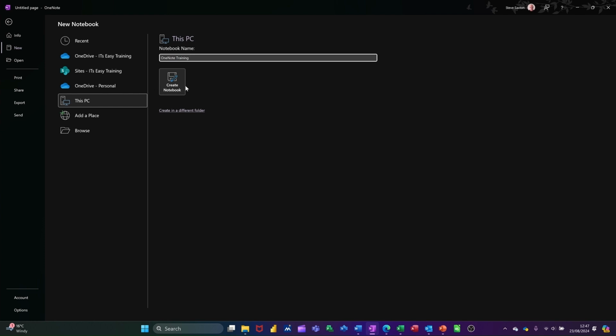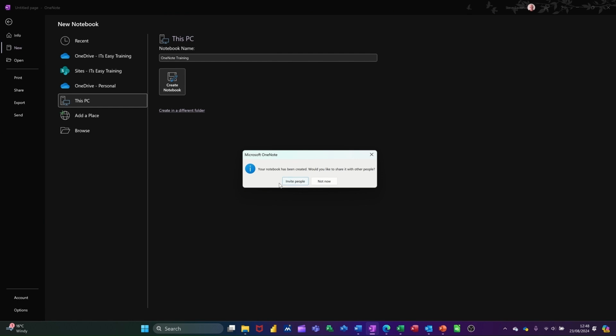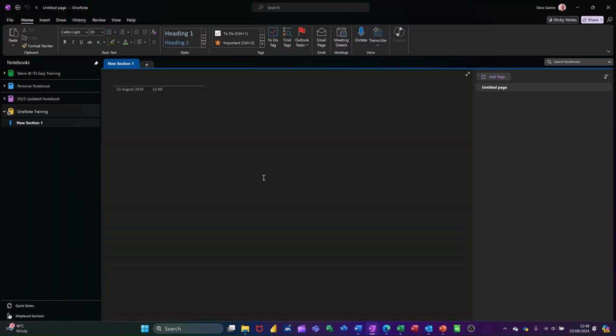So I'll give it a name, then I'm clicking Create, and then it'll generate the notebook. It's asking me to invite people. I'm just going to say not now, and it gives me a default section with one page on it, both of them untitled. So what I'll do is I'll just double click on the section and type what I want the section to be called, and I'll call it course content. So what you need to do is spell that right,